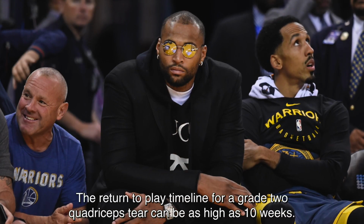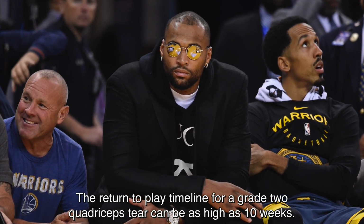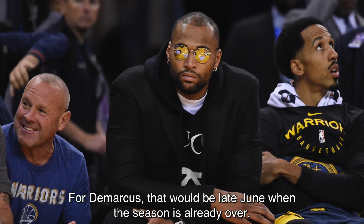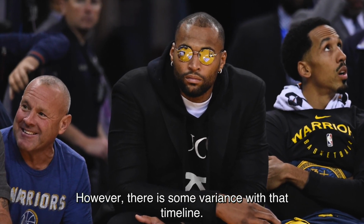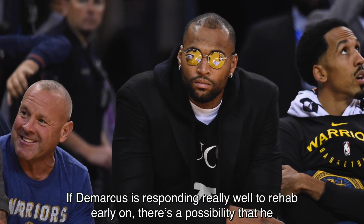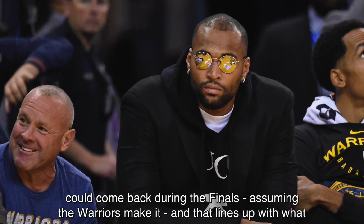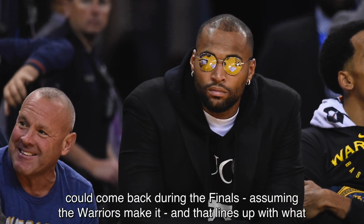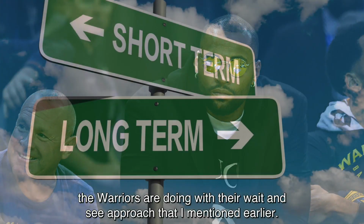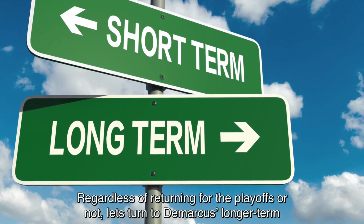The return to play timeline for a grade 2 quadriceps tear can be as high as 10 weeks. For Demarcus, that would be late June, when the season is already over. However, there is some variance with that timeline. If Demarcus is responding really well to rehab early on, there's a possibility that he could come back during the finals, assuming the Warriors make it, and that lines up with what the Warriors are doing with their wait-and-see approach that I mentioned earlier. Regardless of returning for the playoffs or not, let's turn to Demarcus' longer-term prospects, and that's